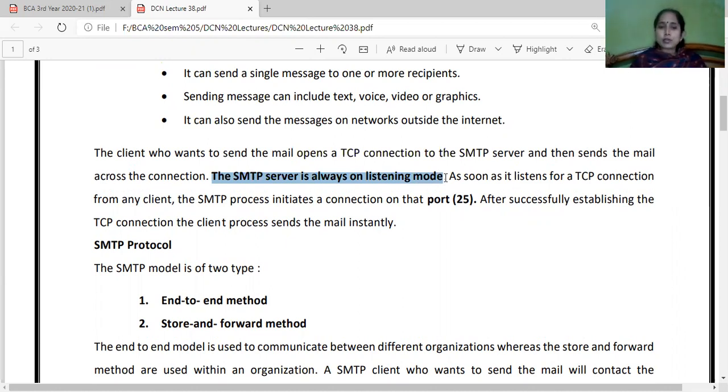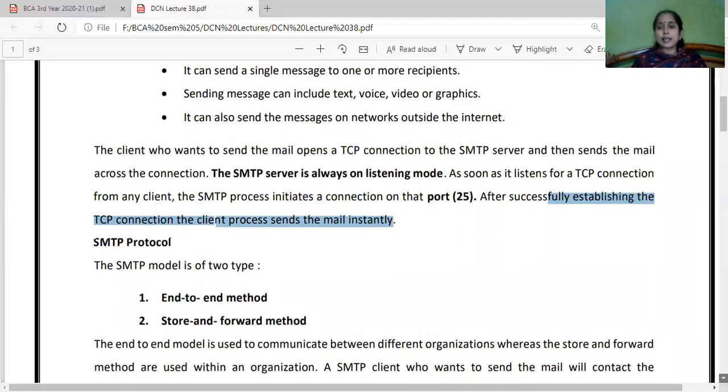SMTP server that works over the internet is always on the listening mode. As soon as it listens for a TCP connection from any client, the SMTP process initiates a connection on the port number 25. Now for MCQs, you need to remember all this. Okay, which port does it listen on? It listens on port number 25. After successfully establishing the TCP connection, the client process sends the mail instantly.